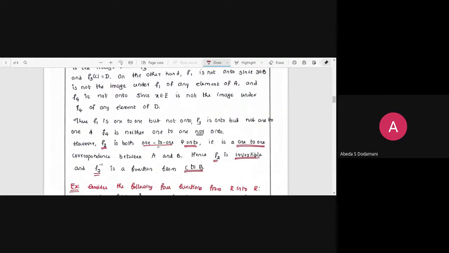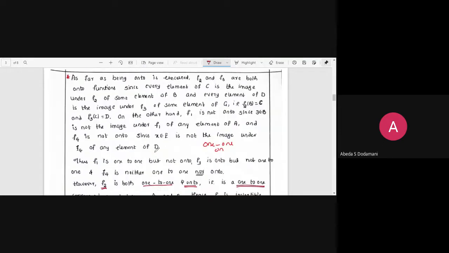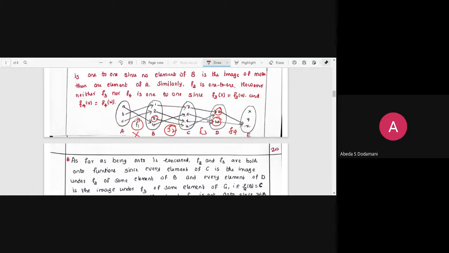Okay. What about the inverse? Let's see. What we got to know now, we should concentrate on invertible, which means it has to be both 1 1 and onto. Now tell me which function is both 1 1 and onto here out of this. F1, if you see, it is 1 1. Is it onto, guys? Please think. It is 1 1, correct? Are you following? It is not onto. When it is not onto, is it invertible as per the invertible theorem? No. So, ma'am, yes, F1 is not invertible.